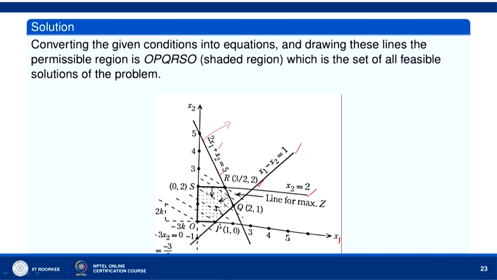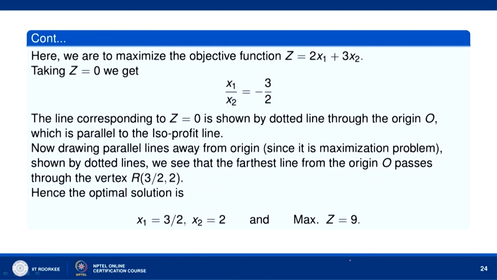So, now see, P is (1, 0), Q is (2, 1), then you have R equal to (3/2, 2), and we have S equal to (0, 2) and O equal to (0, 0). OPQRS is the feasible region. The values of Z at these points are...